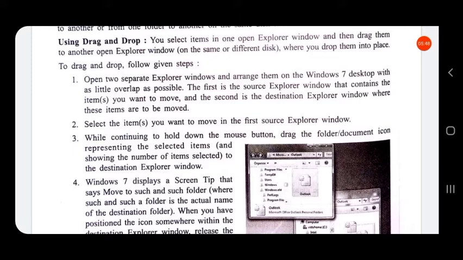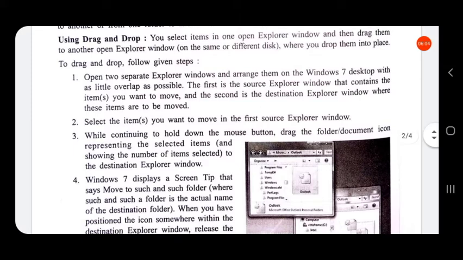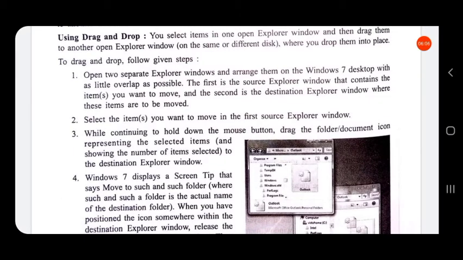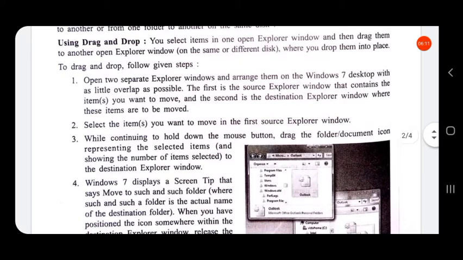You select items in one open Explorer window, that is, you open the location, the window from where you want to move or copy the file, where the file is situated, and then drag them to another open Explorer window.